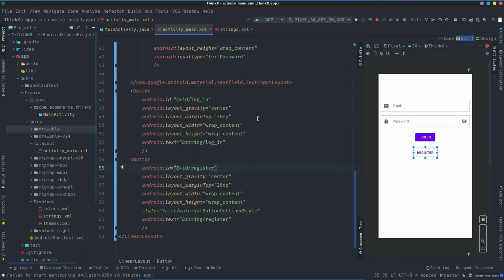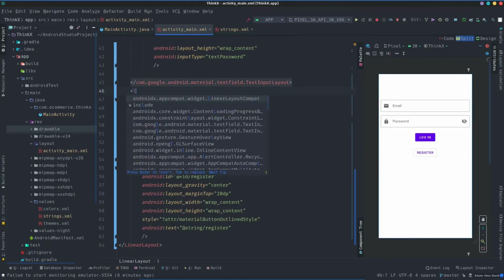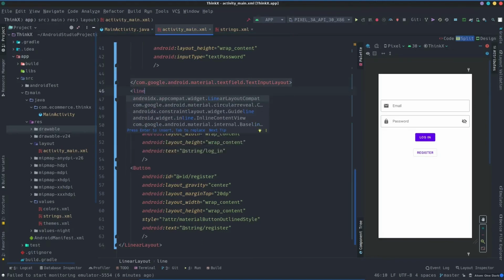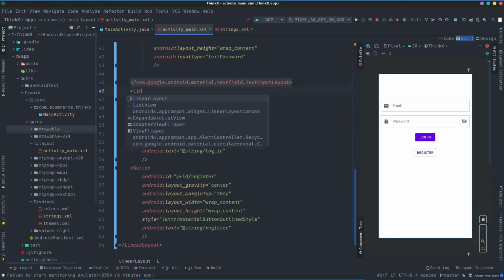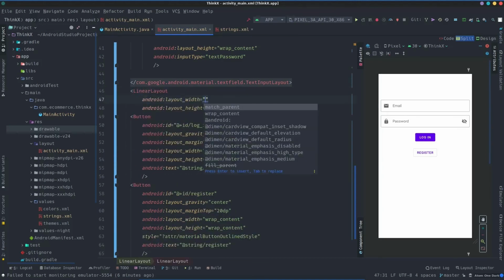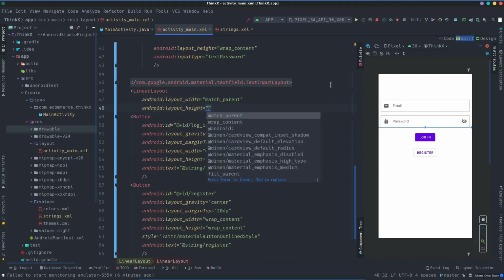We can actually create a layout inside of one layout, right? So I'm going to create another linear layout, which will have the width as match parent, right? So what I want is login and register should have the width as the whole width of the screen, but I want the height to match the content, right?